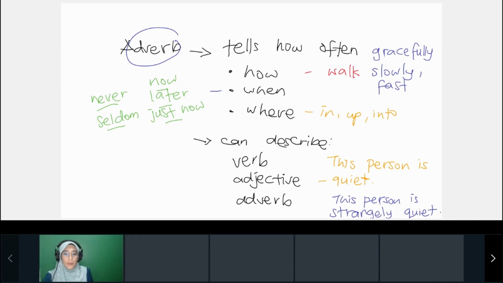So this is for an adjective. Remember, quiet is an adjective, but you are adding the word strangely. This is an adverb. This one, strangely. You can also describe an adverb with an adverb. You can add on that as well. Maybe something like,